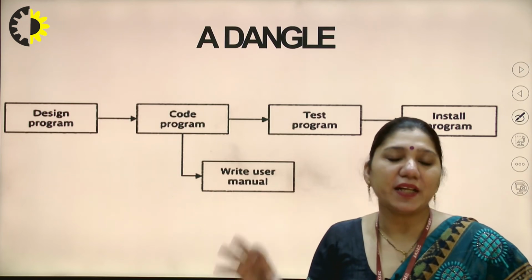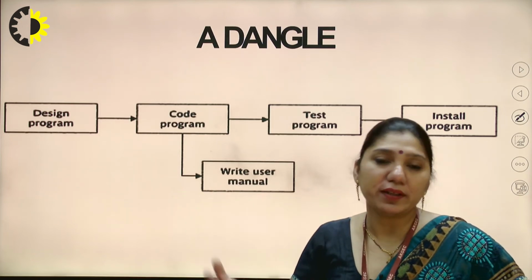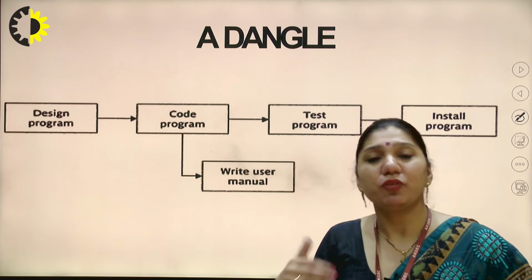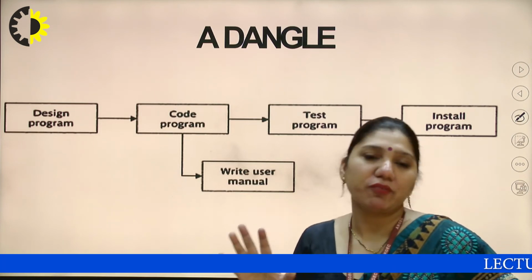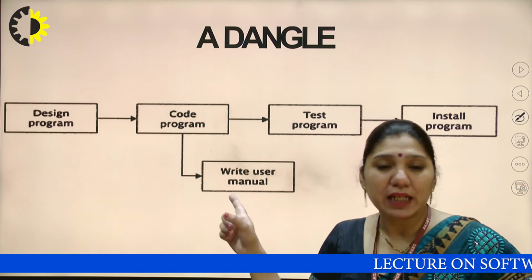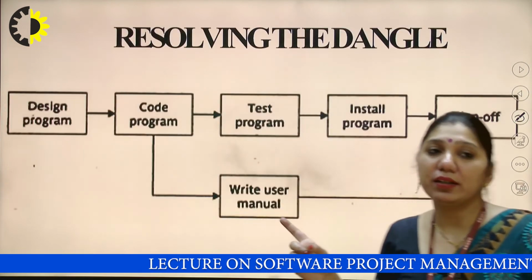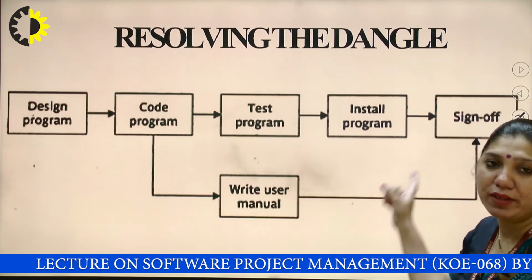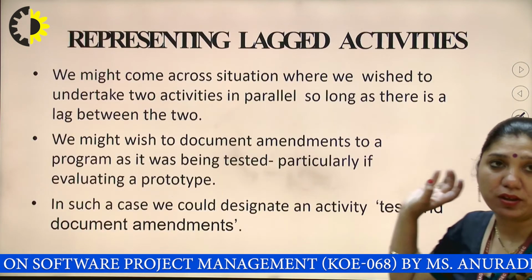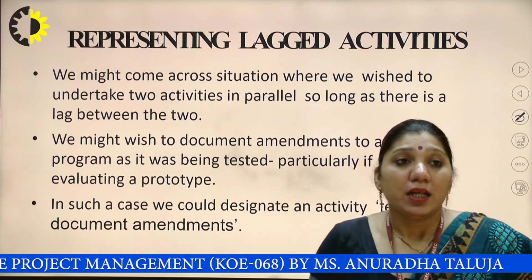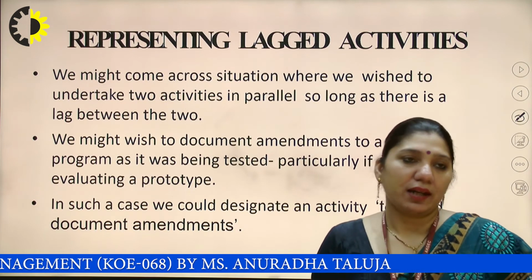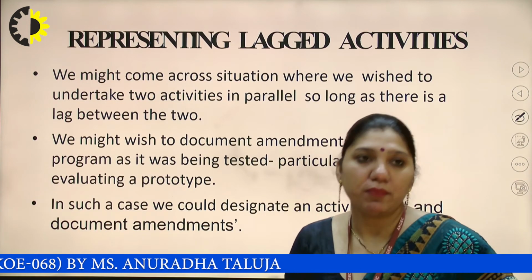But the complete information should be thoroughly declared to all the team members, all the people or the future people who will work for this project should have the complete thorough information, so that dangle should not be present in your project. It should be having the resolving process by having it at the end of the user manual. Getting my point? Fine. So representing the lagging activities, the lagged activity says that we might come across situations where